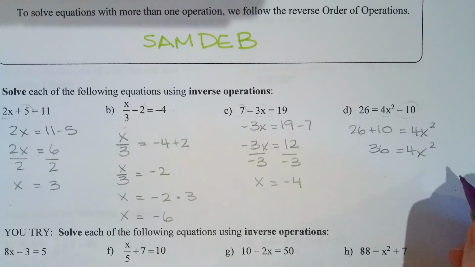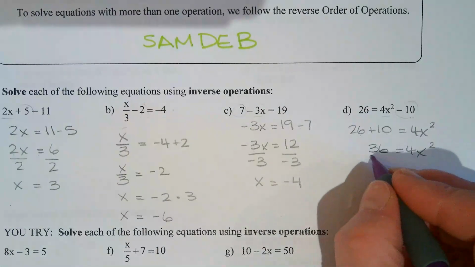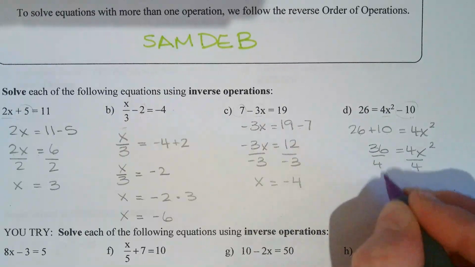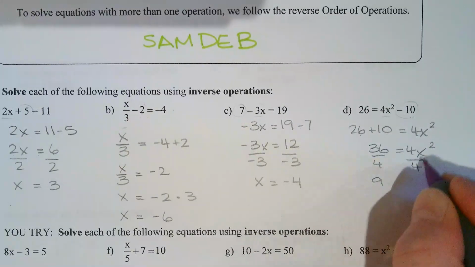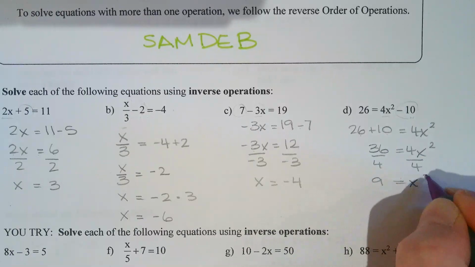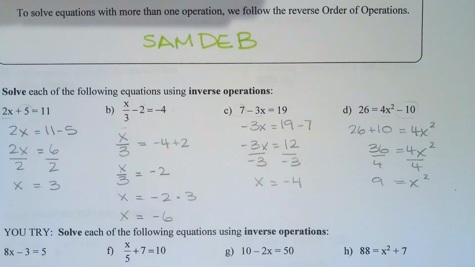But I really want to know about 1x, although in this case I'm going to know about 1x squared first. So I'm going to divide both sides by 4. 36 divided by 4 is 9. And that leaves me with x squared on the right. The opposite of squaring